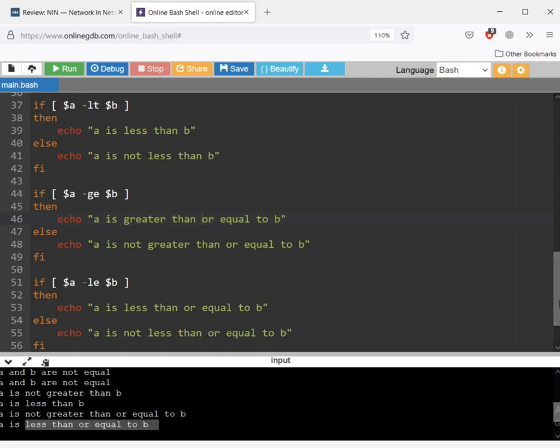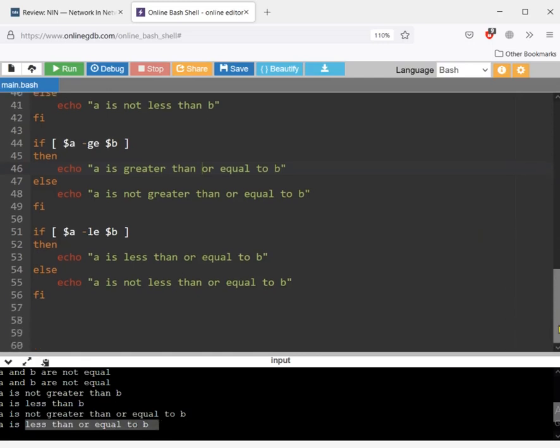So these are all the arithmetic and relational operations we can do in shell script. In the next class, we will learn how to perform the bitwise and logical operations in